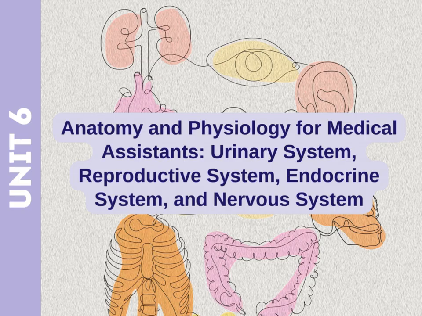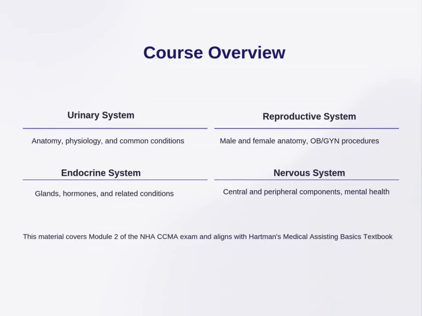We are continuing with anatomy and physiology this week, specifically looking at the urinary system, reproductive system, endocrine system, and nervous system. In the nervous system, we'll also talk a little bit about the sensory system as well as some mental health things. You're going to want to make sure that you are looking at NHA Module 2 in the